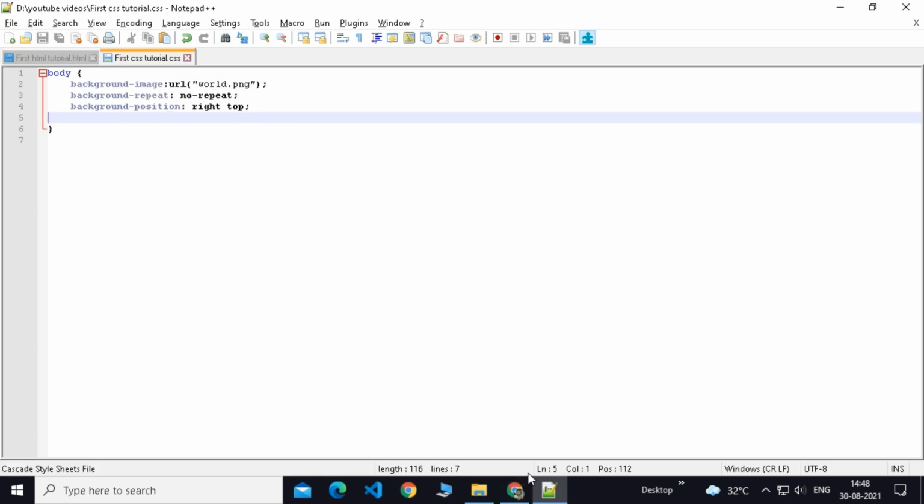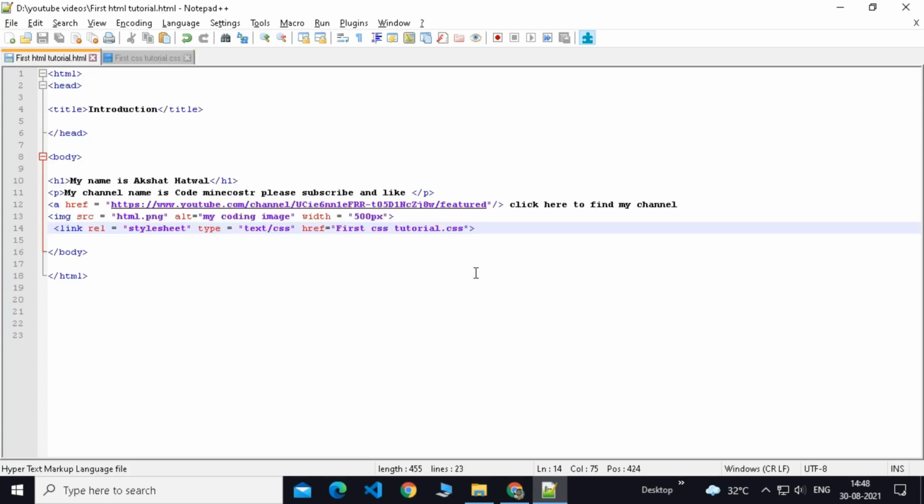So this was the first tutorial on CSS. It's a big topic but with really small code. Like you can see, we did so much with just 4 lines of code, 5 if you include the HTML link in the code.